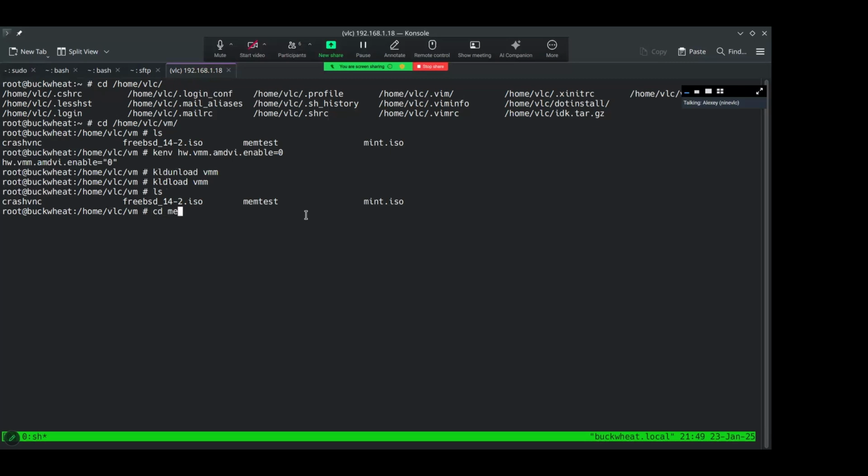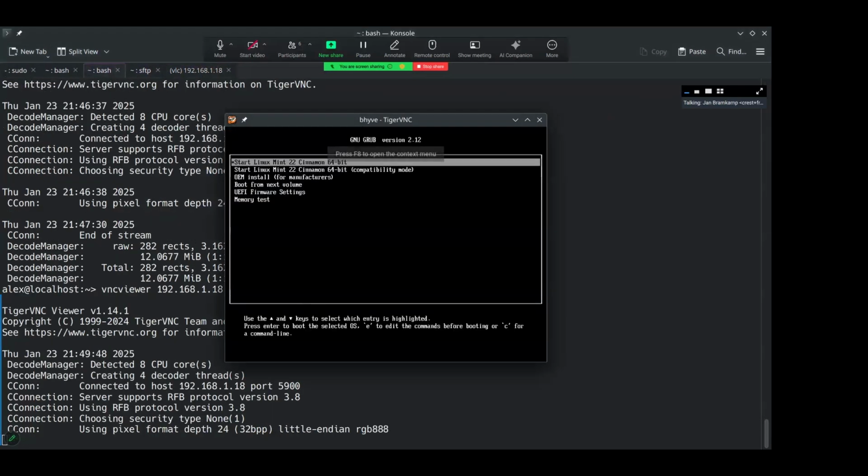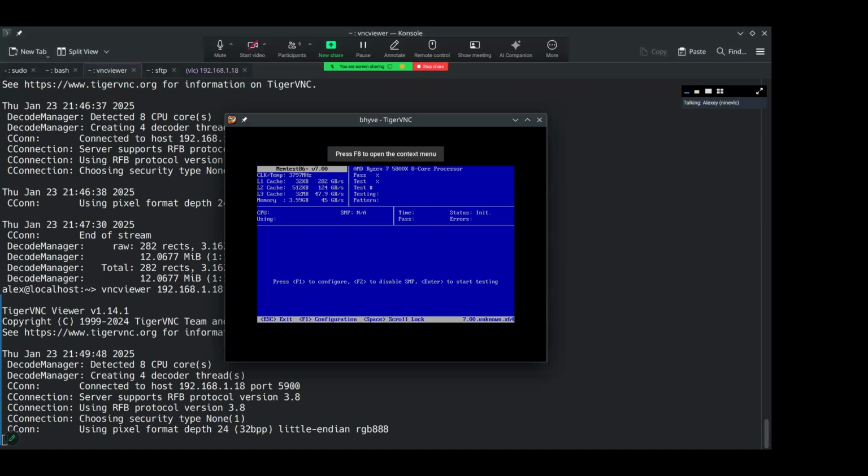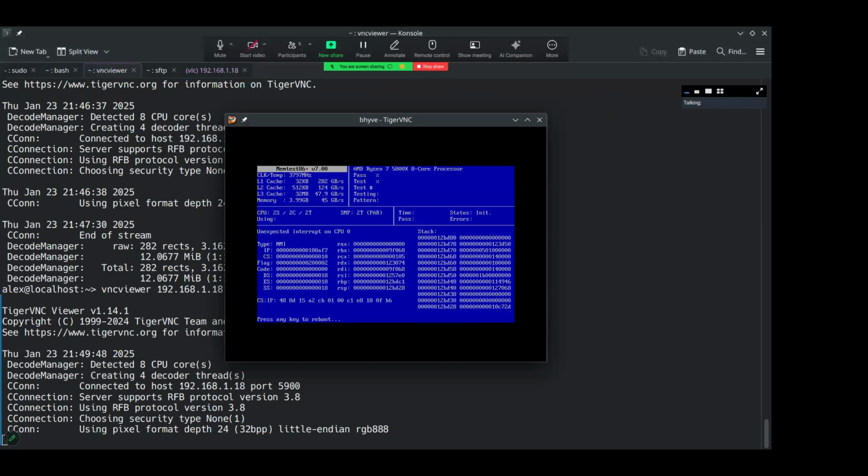This should work now. Exact memtest error.